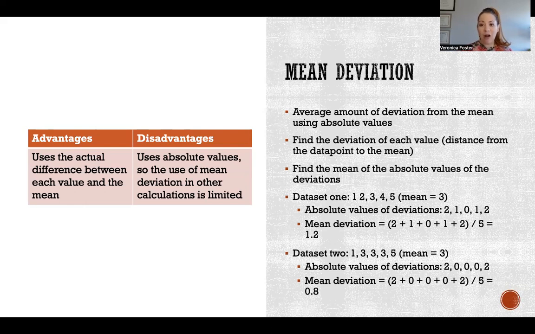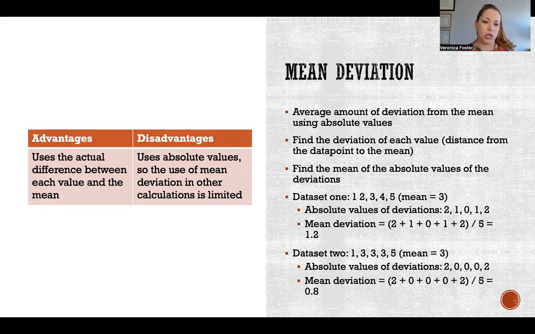So when we add up all of the deviations, they will equal 0, because the average is right in the middle of the data. It means that half of the data are going to be positive and half are going to be negative, and they will be equal. If we add them all together, we'll get 0. So we can't exactly find the average of the deviations if when we add them all up, they equal 0. So instead, for mean deviation, we use the absolute values of all the deviations. So the ones that are negative, we simply treat as positive,